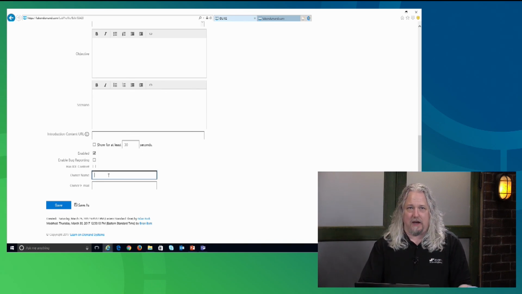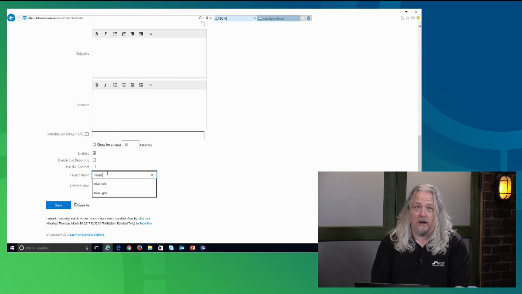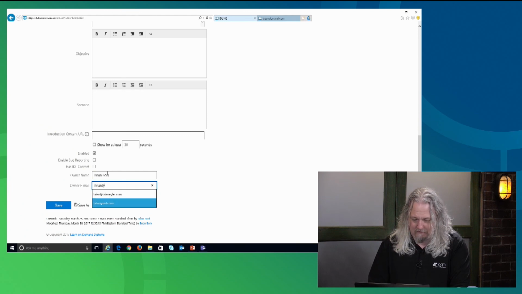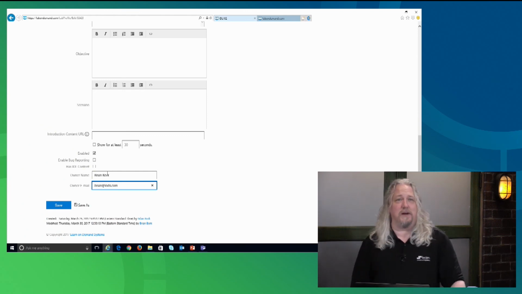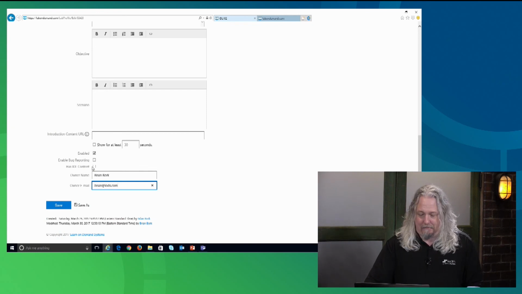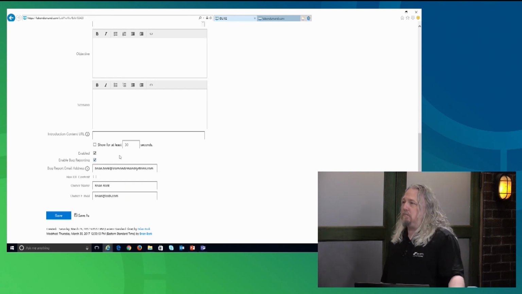And instead of picking on Victor or Quinn, I'm going to put my name in here. And I'm going to put a fake email address. Don't try to saturate that email address. It won't do you any good. It's probably some company somewhere else. But right above the has IDL content, which Victor and I talked about in a previous session, is enable bug reporting. Now, when I click on this,